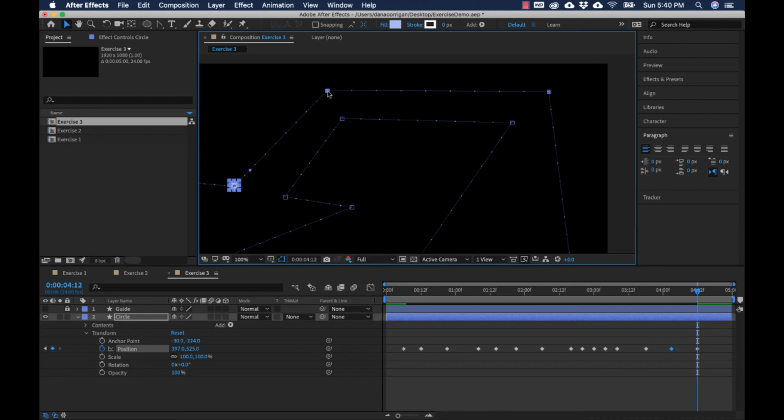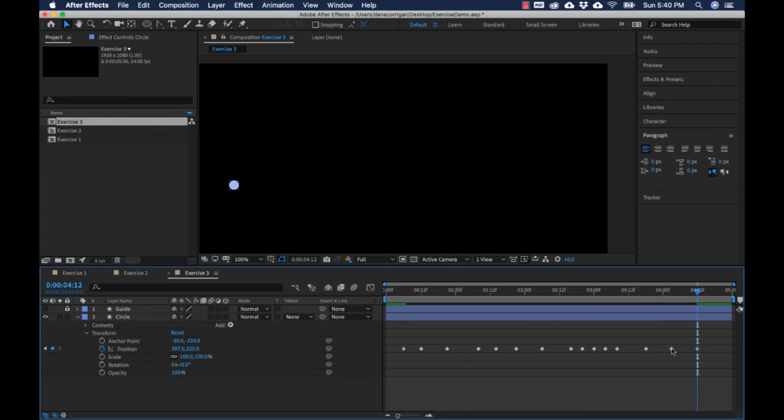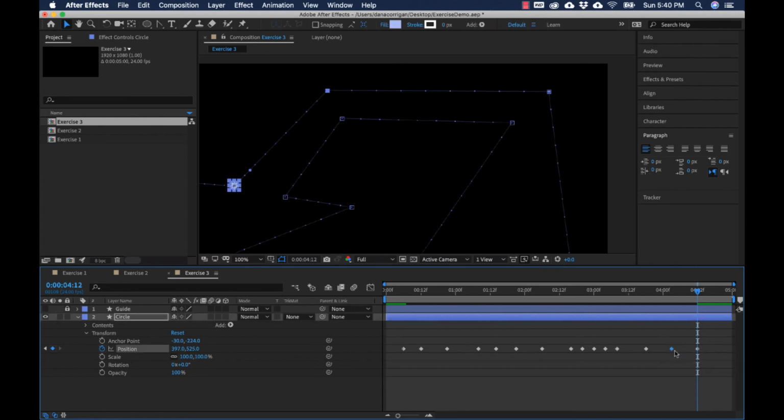Where is this one? So I'm going to click on this keyframe, and I can see it right here highlighted. So again, if we want to make an action quicker or slower, bringing keyframes closer together gives you less time for something to happen, so it will be quicker. If you move the keyframes farther apart, you're giving it more time to go the distance, so it will go slower. So if I nudge this,